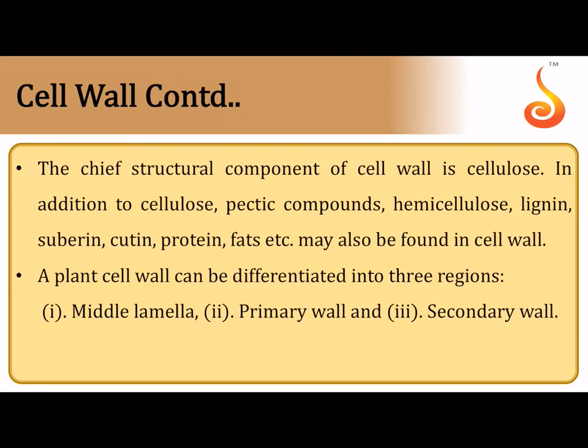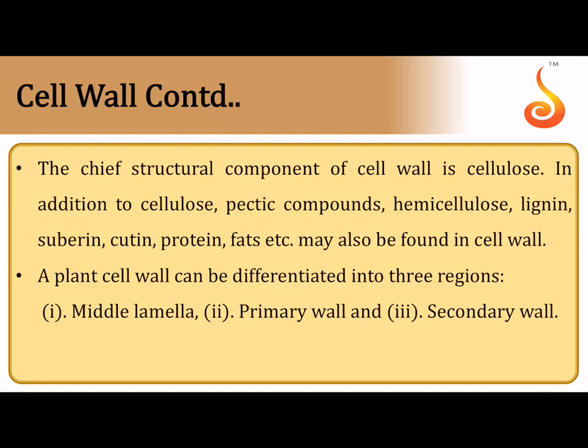Cell wall, if you take a typical cell wall, is found exclusively in plants. Of course, we also find it in fungal cells, and I already discussed the structure of the bacterial cell wall. Gram-positive cell wall is very, very thick, and gram-negative is covered with an outer membrane. Gram-positive cell wall has 80% peptidoglycan, and only 10 to 20% of peptidoglycan is seen in the case of which one? In gram-negative forms.